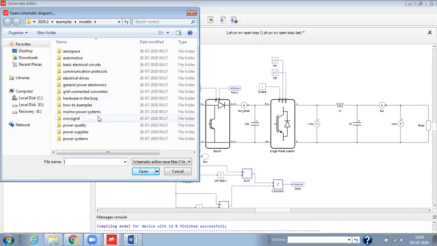If you're working in a particular area, you can go through that example model and get the idea how to utilize this software and design your own model.